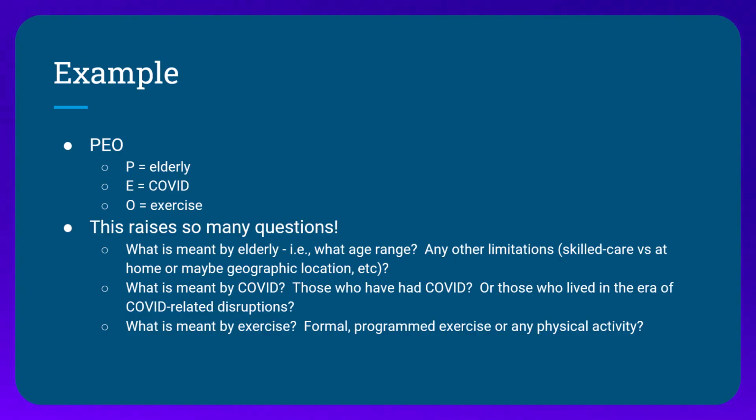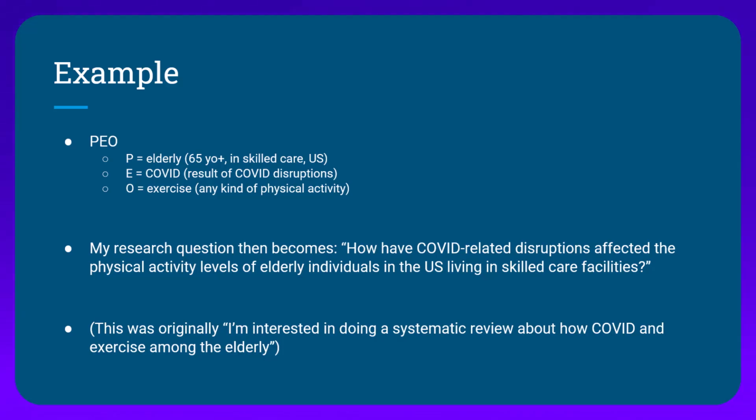However, the PO formulation that I just described raises so many questions. What is meant by elderly? What age range does that mean? Are there any other limitations? Skilled care versus at home? Or maybe geographic location? And what is meant by COVID? Is it those who had COVID or those who lived in the era of COVID-related disruptions? And what is meant by exercise? Formal programmed exercise or just any physical activity? The careful consideration of these PO elements can help us to further refine our research and convert that into a